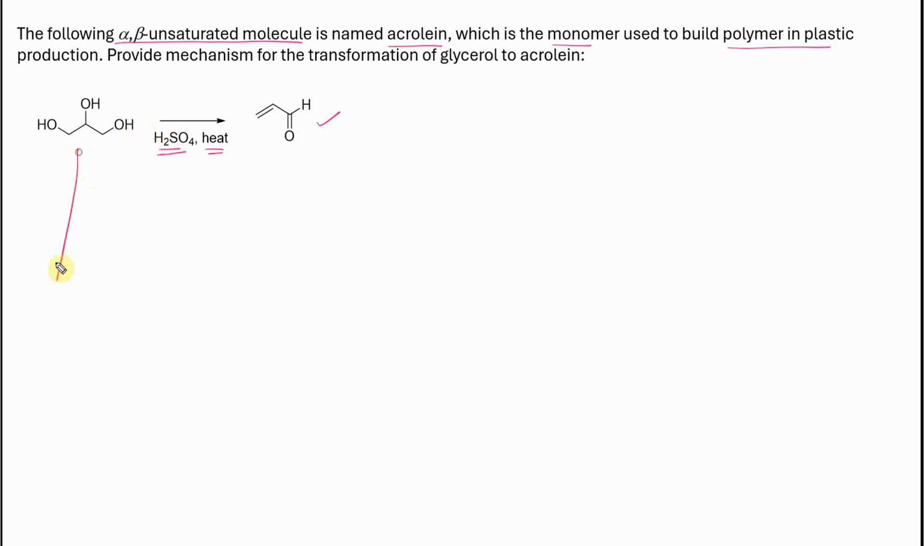So if you have H plus in the medium and you have a bunch of alcohols, it's easier to start with the alcohol in the middle, because if it leaves, it's going to be producing a secondary carbocation, and the secondary carbocation is more stable. Therefore, it is easier to start with the alcohol in the middle. Okay, so